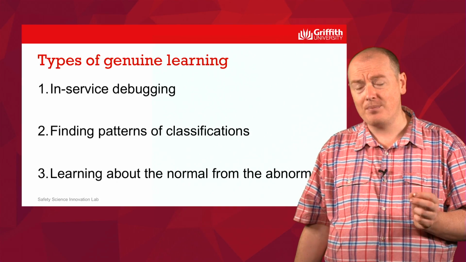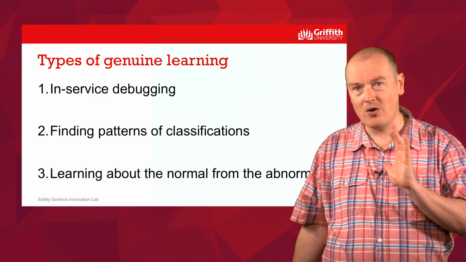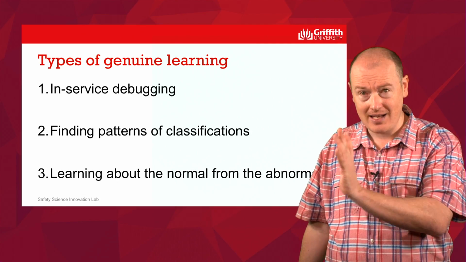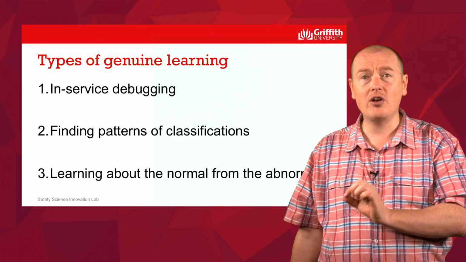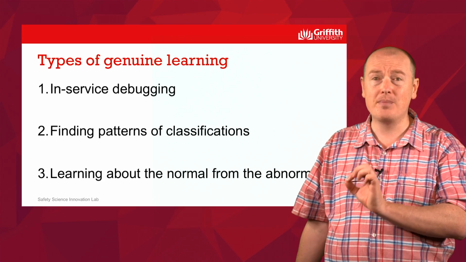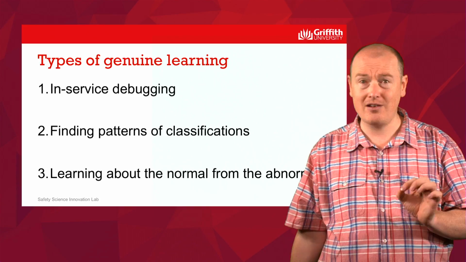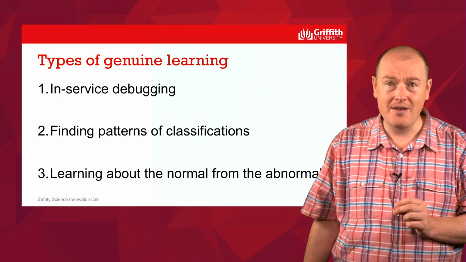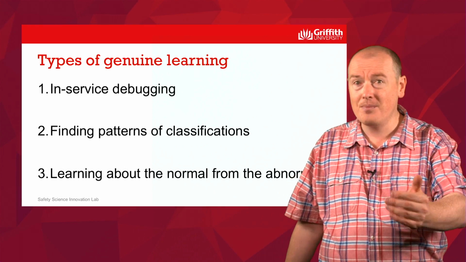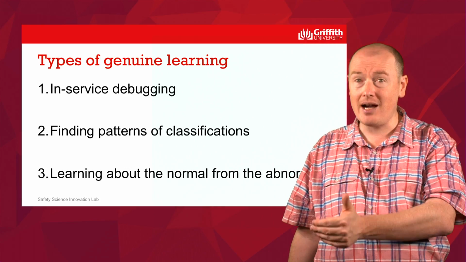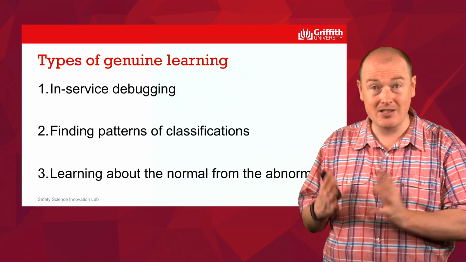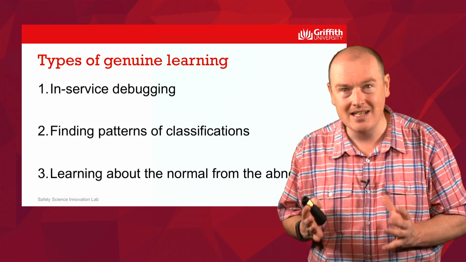So you could, for example, investigate every accident and simply record one detail. Did the accident happen during the day or did the accident happen at night? You wouldn't learn from any individual investigation, but over time you would build up a pattern of classifications which can create new learning. You could discover that 90% of your organisation's activity happens in daytime, but 60% of their accidents happen at night. This is not learning yet, but it's created uncertainty. It's created questions that need to be answered.